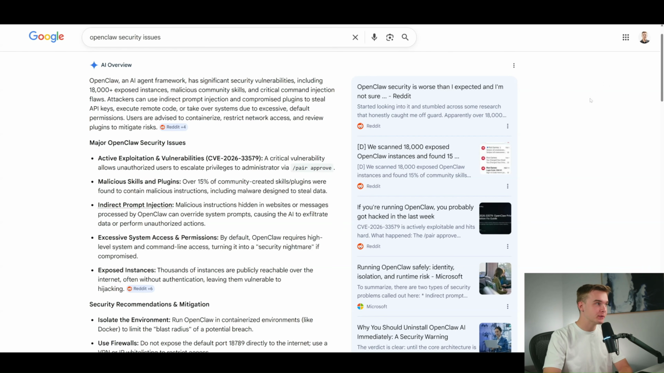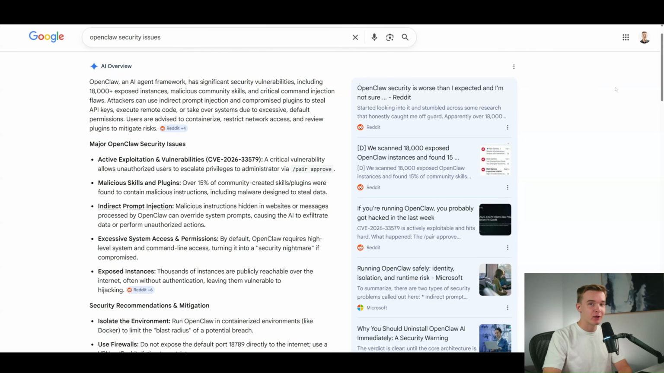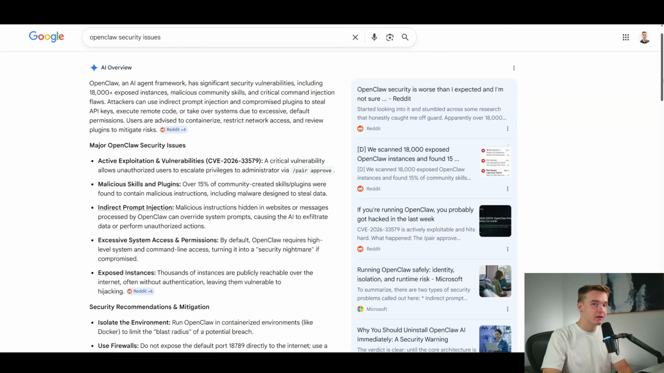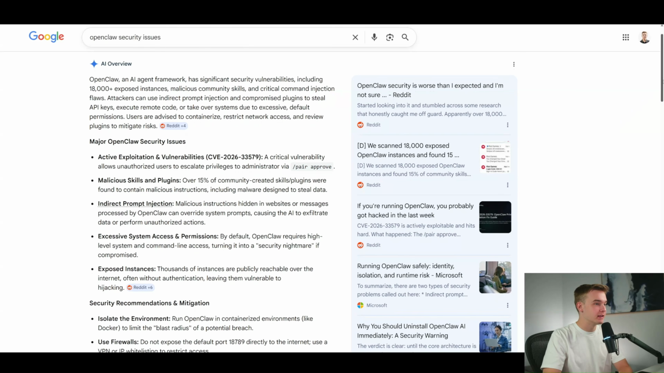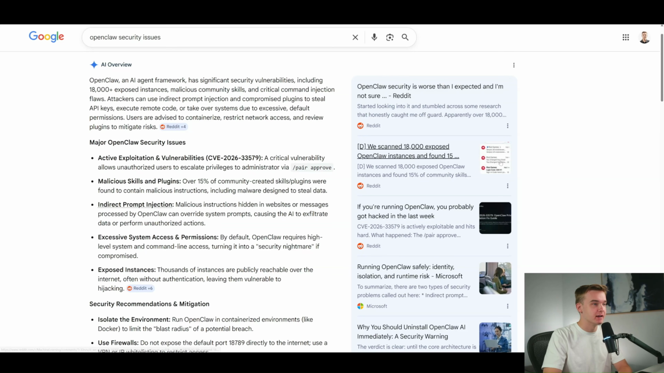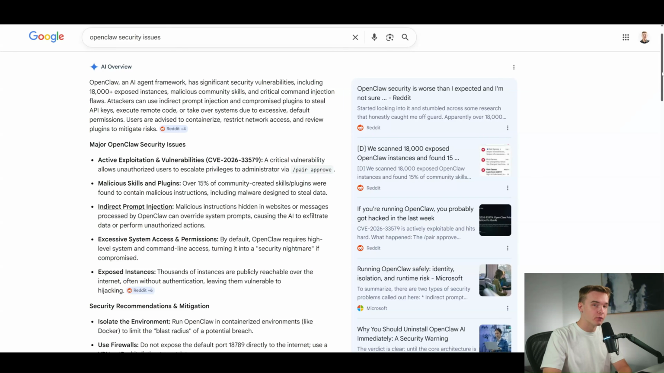If you're using OpenClaw right now, you should probably rethink your setup. If you don't already know by now, OpenClaw is notoriously not secure. There are a lot of issues and a lot of vulnerabilities when it comes to setting up your own OpenClaw system. Just by doing an incredibly basic Google search, you can see here a lot of the issues that people are running into and a lot of the research that's been done to find and expose a lot of OpenClaw